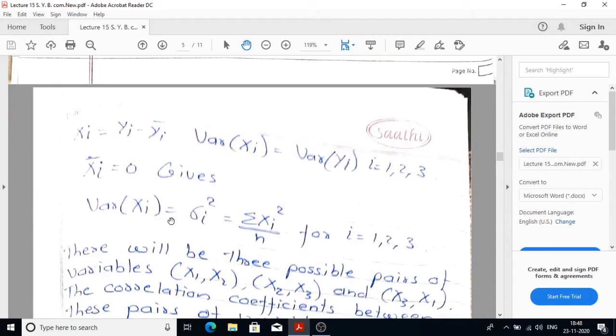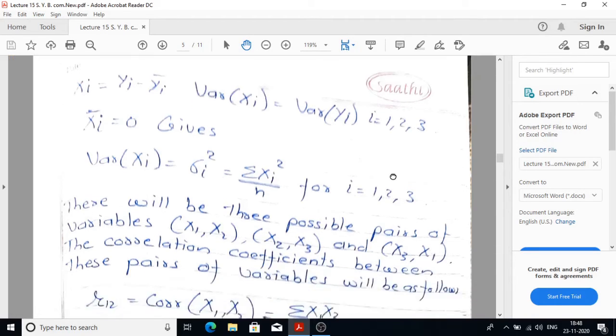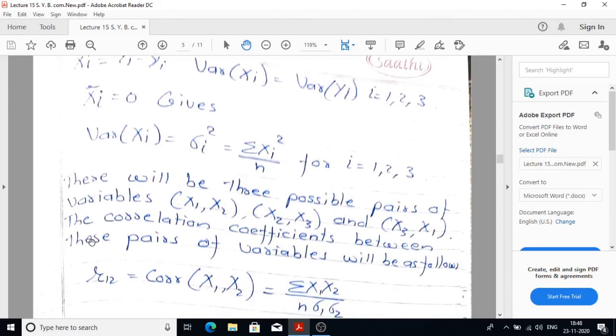So variance of xi is nothing but sigma i square, which can be written as summation xi square upon n for i equal to 1, 2, 3, because x1 bar, x2 bar, x3 bar, the values are 0. There will be three possible pairs of variables: x1 x2, x2 x3 and x3 x1. The correlation coefficient